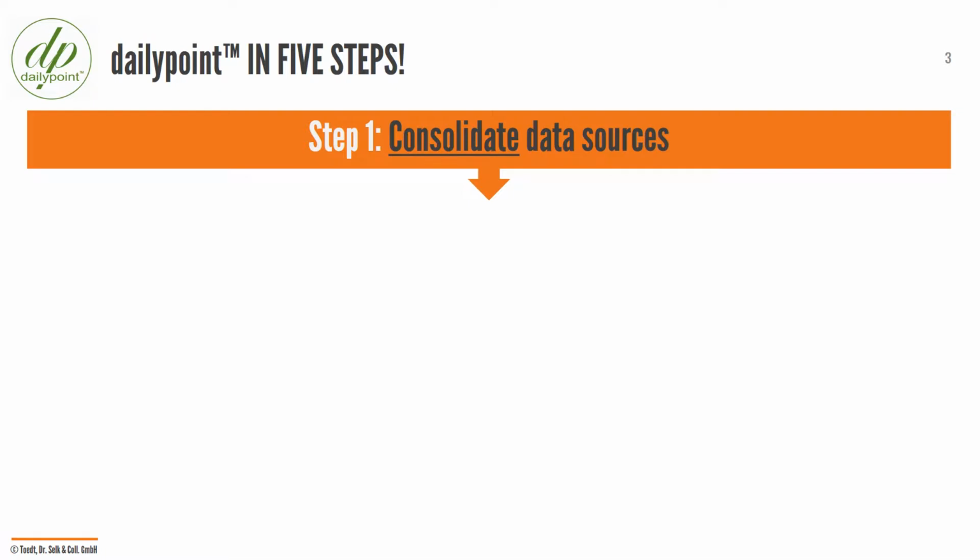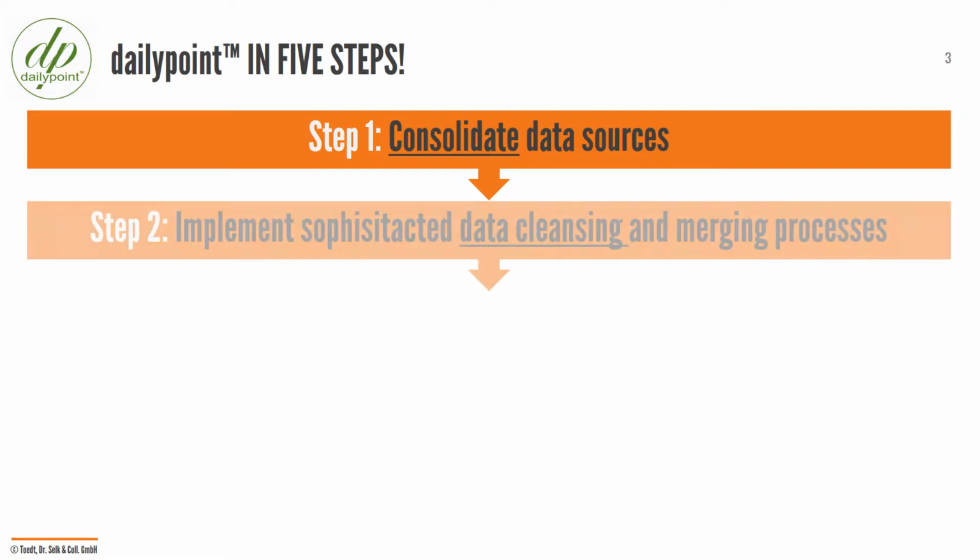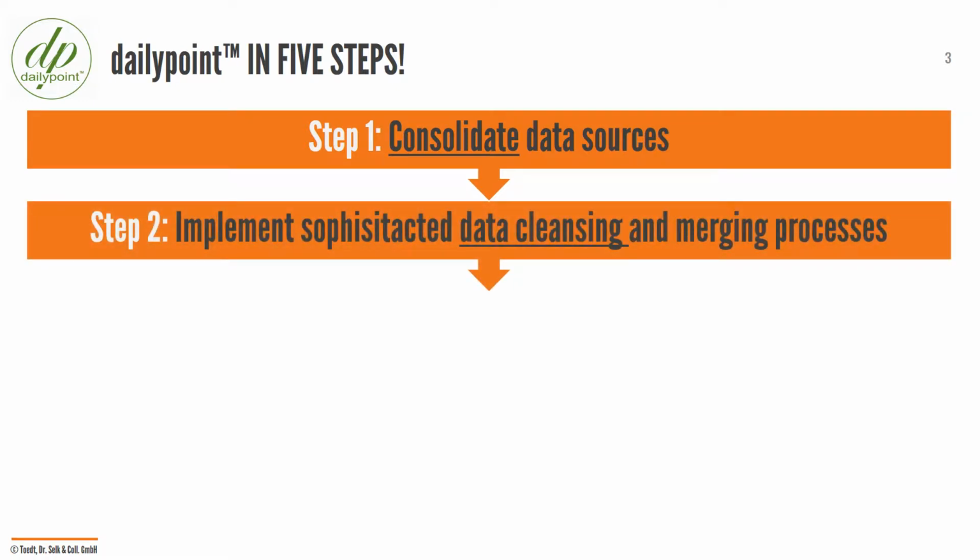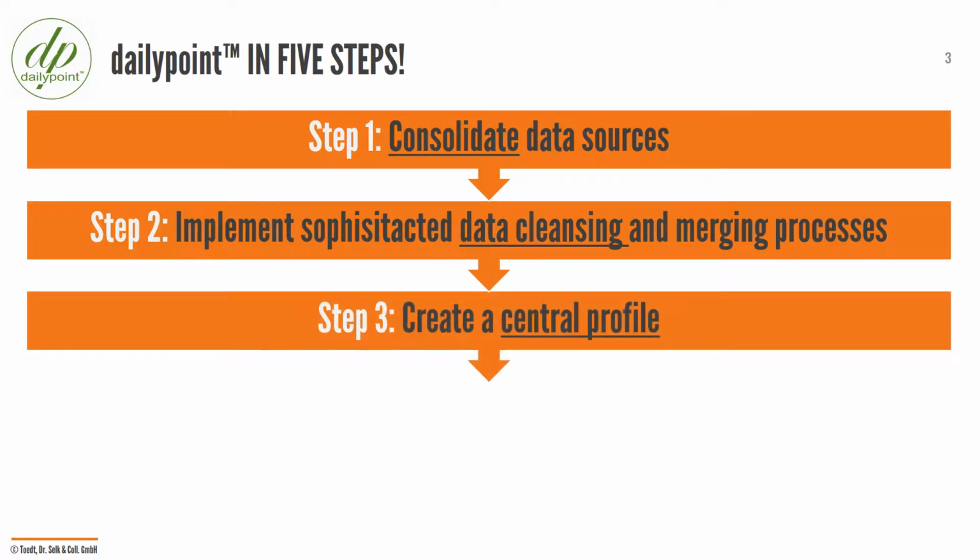dailypoint consists of 5 steps. So the first step, we consolidate data. At the moment, we consolidate data from about 60 different data sources. But consolidating data is not enough. We have sophisticated data cleansing and merging processes in place, patented processes to really make sure that all the data we collect and come together is clean, is standardized, and we are able to really create a valuable central guest